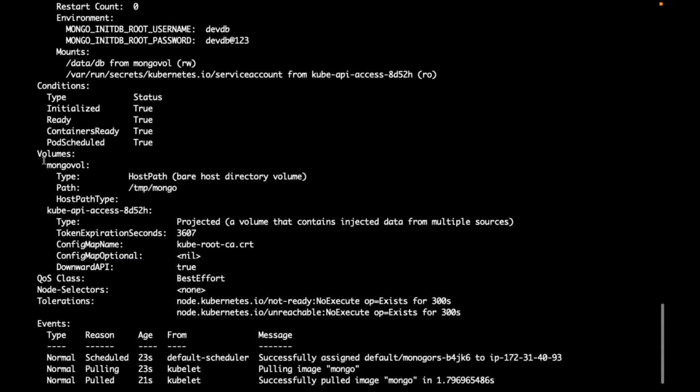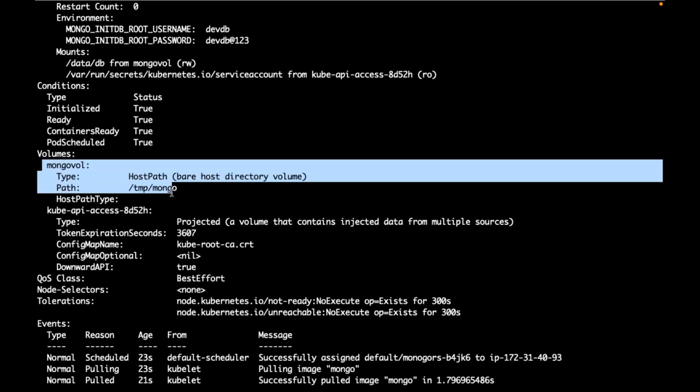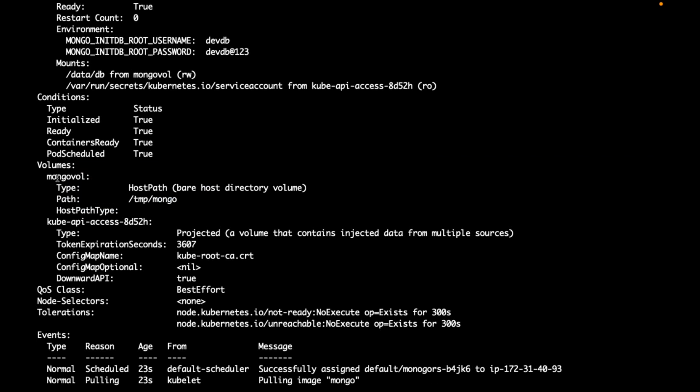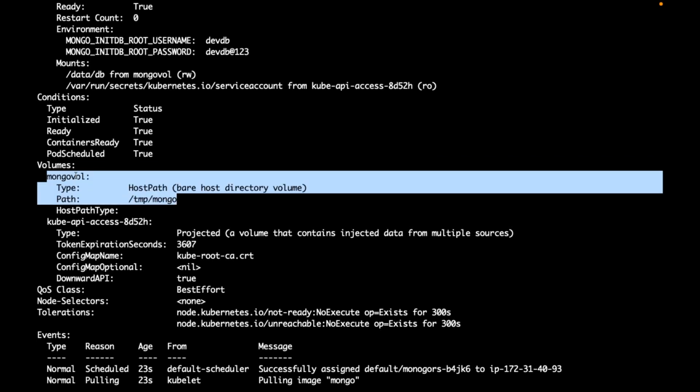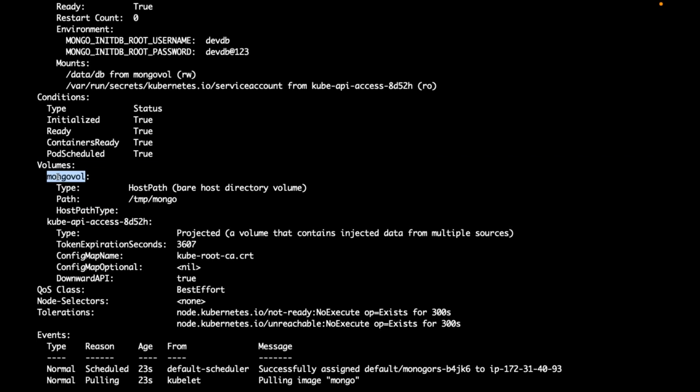do you see, is it using volumes? Now, since I used it in my manifest, is that database pod using volumes? What type of volume is it using as of now? Host path, the bare server directory volume.